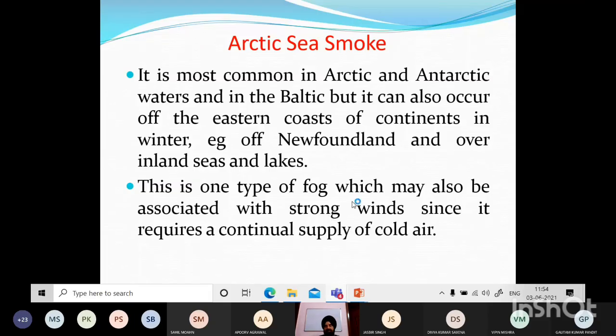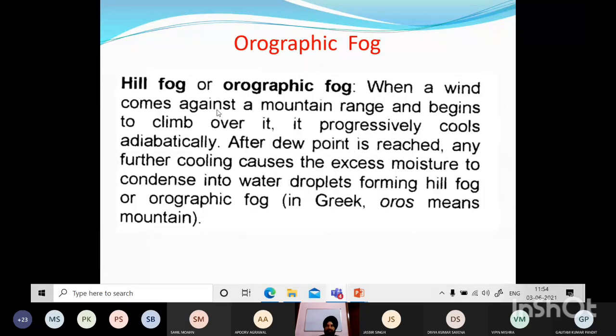So these are the very basic reasons that you see fog forming, and we can definitely see. Now another is orographic fog, or hill fog, what we call. We had also seen cloud formation, the orographic method of cloud formation. Same thing is here. When a wind comes against a mountain range and begins to climb over it, it